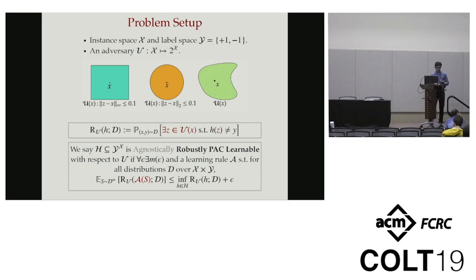So now given a class of functions H with predictors that map from X to Y, we want to know whether it's possible to learn from a finite sample a predictor H that competes with the best robust predictor in the class. More formally, a class H is agnostically